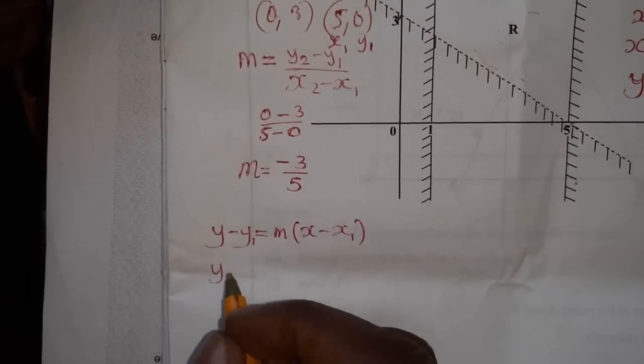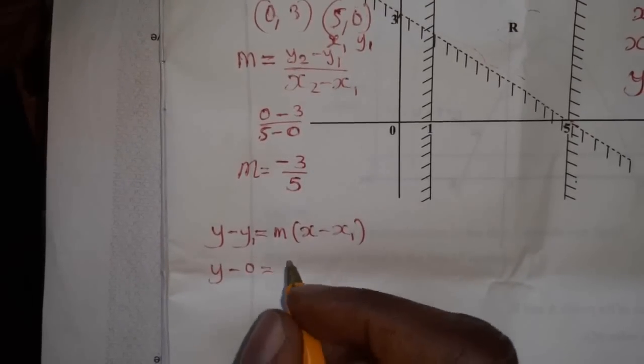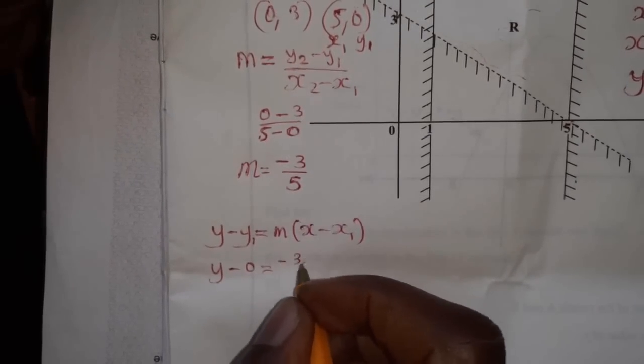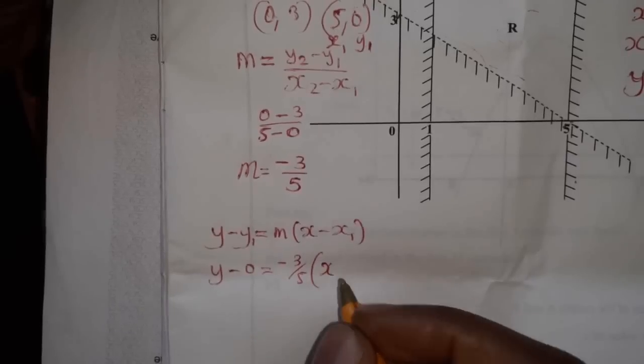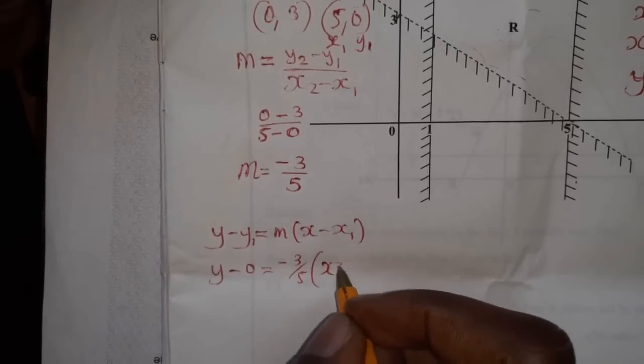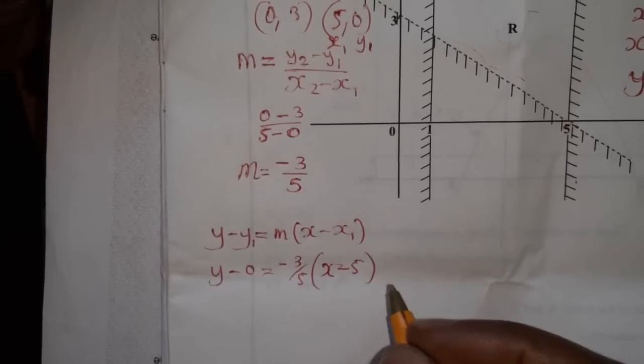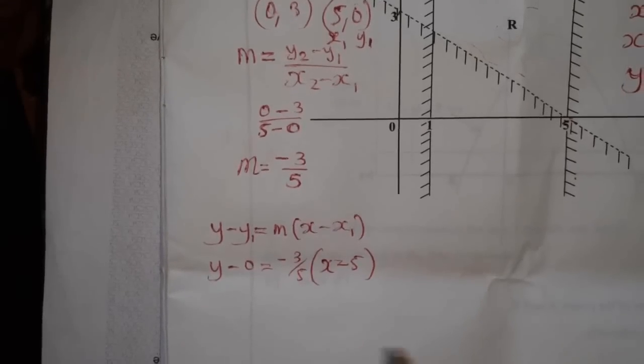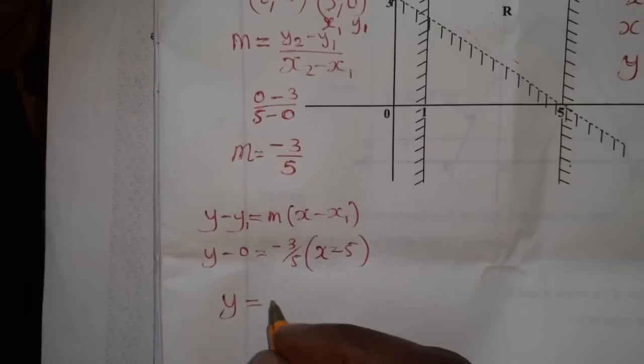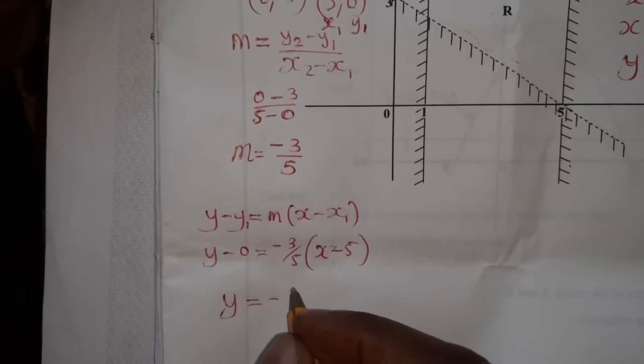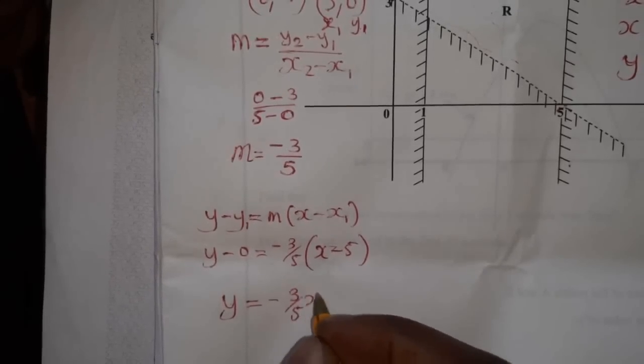So we say y minus 0 is equal to negative 3 over 5 x minus x1. So you have y is equal to minus 3 over 5x